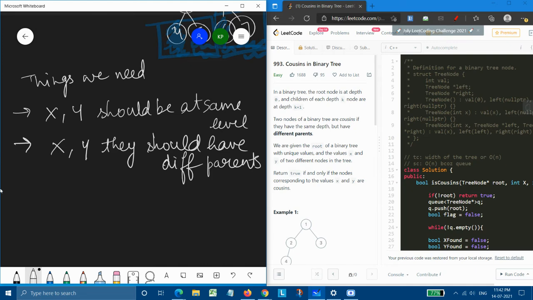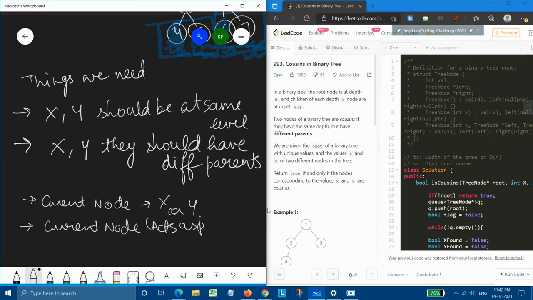The algorithm, step by step, will be as follows. First we will check whether our current node is x or y. Then we will check, if the current node acts as a parent, whether its left and right exist. First we need to check this.